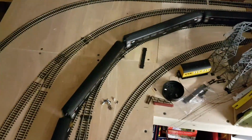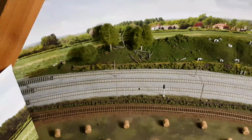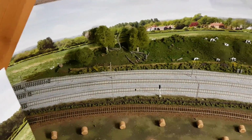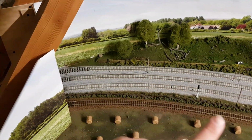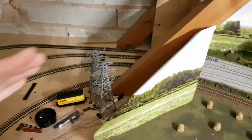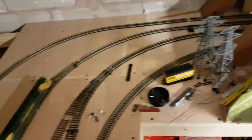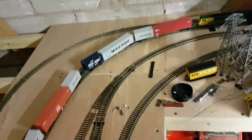Now, normally set track's absolutely fine, no problem at all. The problem is when you have half your train, because I do like longer trains, and that was the whole point of New Junction, and having these smoother curves, so you could actually have longer trains, and they look relatively realistic. When half the train is on the lines here, and then the front half starts to drag around it, a lot of them derail off these corners. So I really needed to tackle this. It's been a long-standing issue I've had,